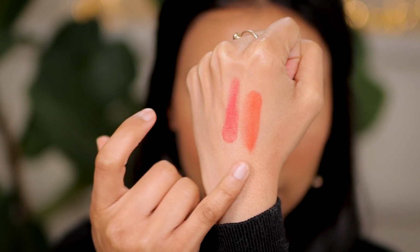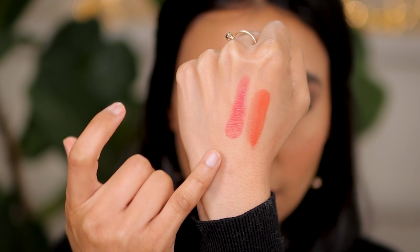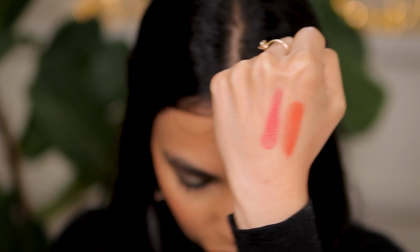You can kind of tell the texture between these two. Delirium definitely applies a little bit more matte, whereas this one here is definitely dewy. And the other shade that I picked up was the same dewy formula, and I picked up Bloodflower. I've been looking for a really true red cream blush, and